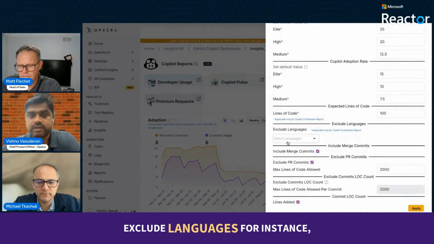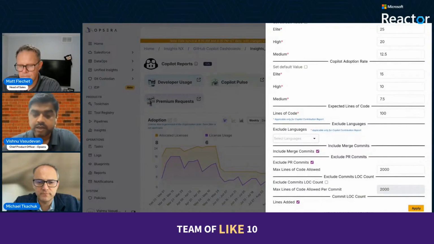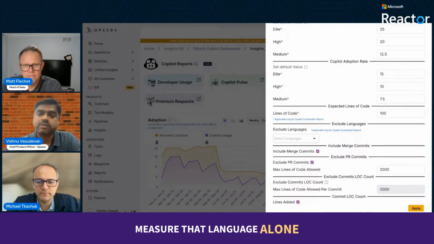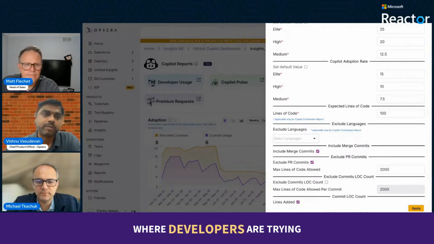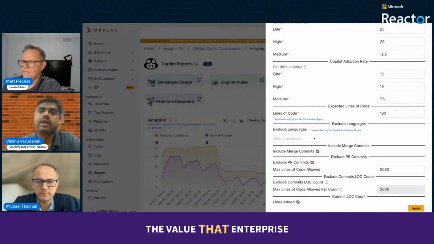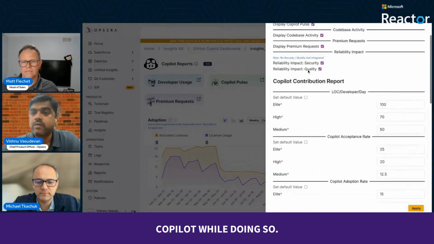you can exclude languages. For instance, you have a team of 10 people working on Golang, Python, and JavaScript, and you can basically just measure that language alone and exclude the languages where developers are trying to learn. That way you can measure exactly what is the value that enterprises are getting out of Copilot. While doing so,